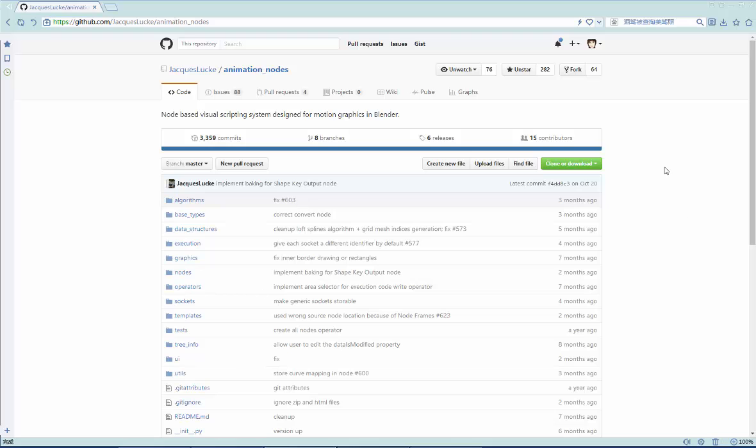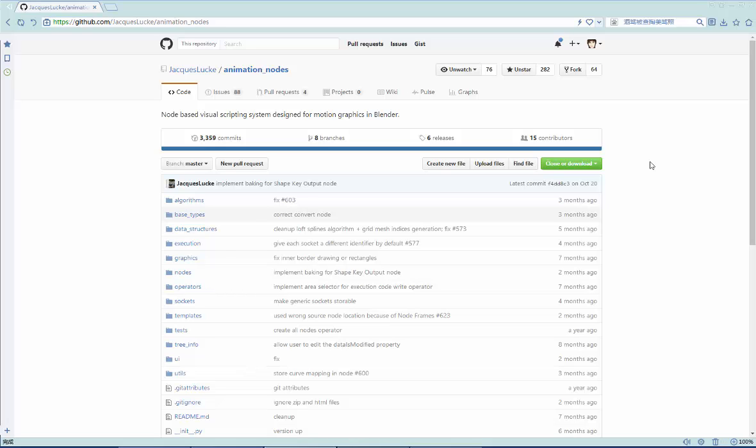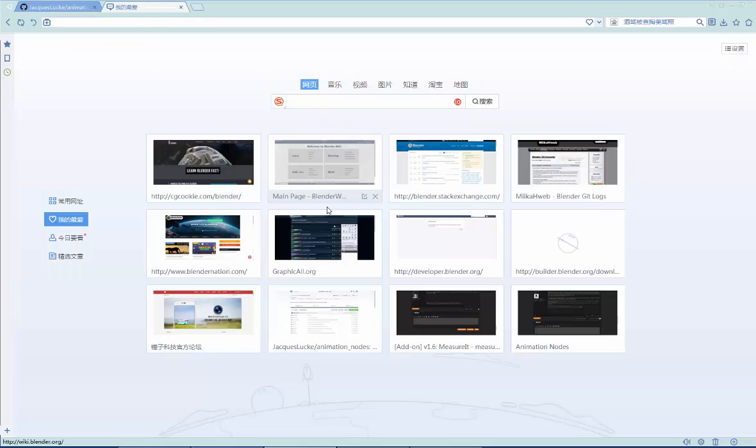Oh, by the way, I think this only works for the current master version, because in the future, Jacques will merge the Python branch into master. And since the Python code really needs compiling first, I think you cannot simply download the zip file and install it. Of course, I believe Jacques will provide us a ready-to-use zip file for downloading. Or currently, you can go to